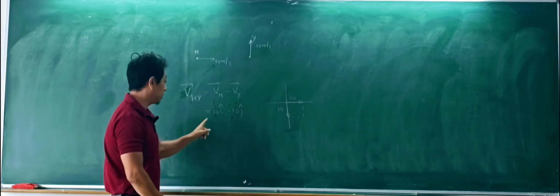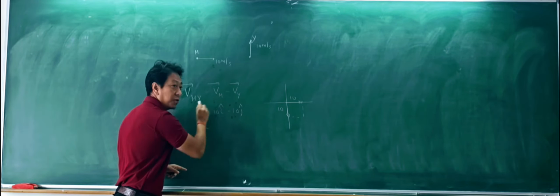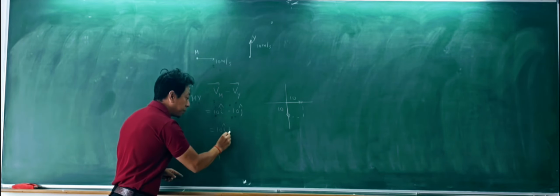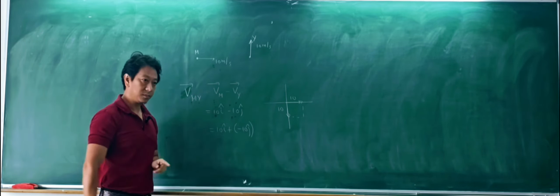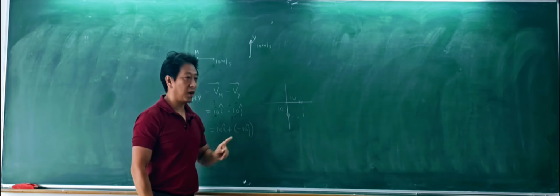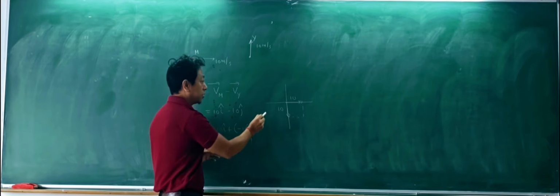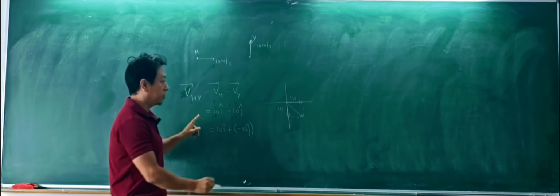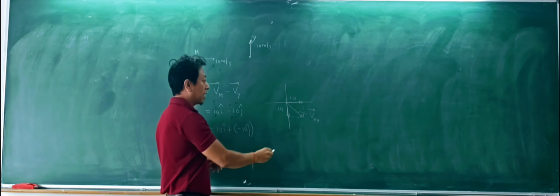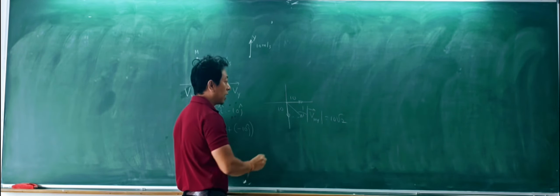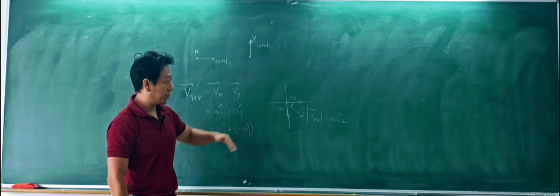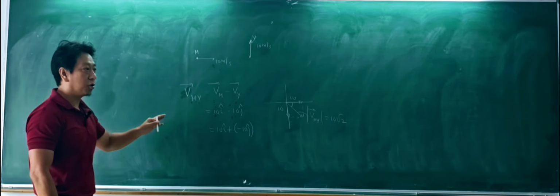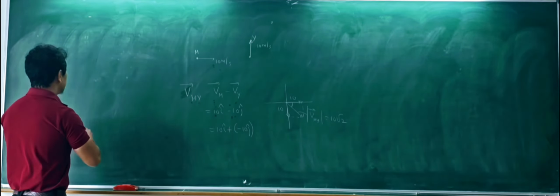Add those two. Because this is basically addition of this and this. That is, 10 i cap plus minus 10 j cap. So you have to add this vector with this vector. You already know how to add vectors. So this is the velocity of mine with respect to you. Magnitude, if they ask how much it will be? 10 root 2. Direction, if they ask, 45 degree with x axis, but in this direction. So this you already know, right? Then I told you,